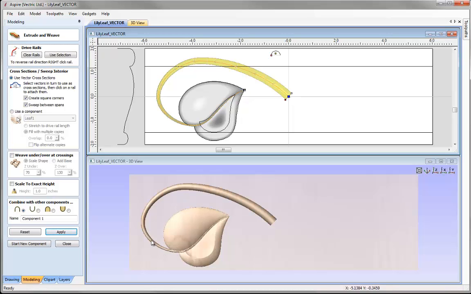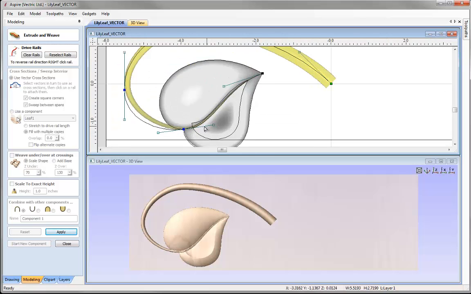However, what I would like to do is maybe alter the shape of the vector just so it feeds in a little better, it's a bit more rounded at the bottom here. And I don't need to come out of this form to change that, I can stay in this form. All I need to do is click into the white space, press N on the keyboard to go into node edit mode. I'm going to select the vector and we can see now that we can look at altering those nodes and the control handles to change the shape of this vector. I'm just going to pull this down a little, maybe pull on the control handles, maybe just round this off a little bit. We'll just zoom in there,